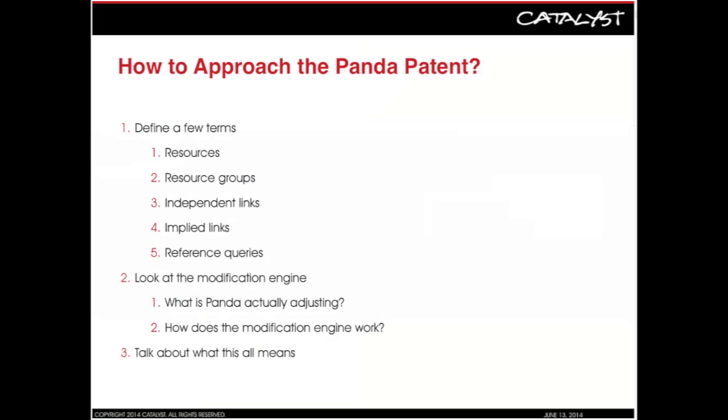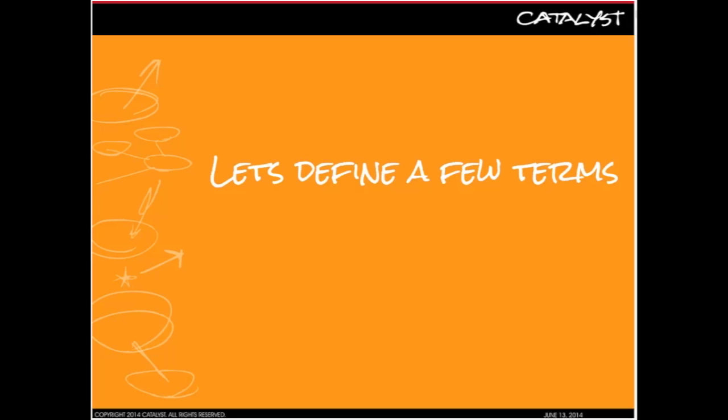And the first thing we're going to do is talk about a few special terms that are used in this patent over and over again and how they apply to the patent. And then we're going to dive into the core of the patent, which is this modification engine idea. And we're going to talk about how the Panda modification engine works, how the actual adjustment takes place, what the results are, and then we'll look at a few of the winners and losers of the first patent. And then we'll step back and talk about what this patent means for us, what we can take away from it, even though it's several years after the first patent, and we'll go from there. We'll do some Q&A. So let's get a few of those technical terms defined.